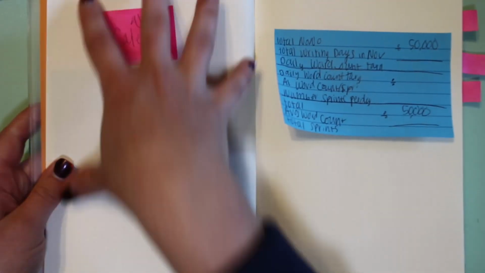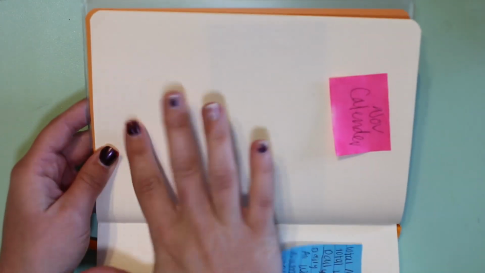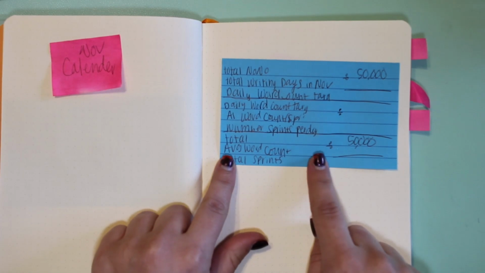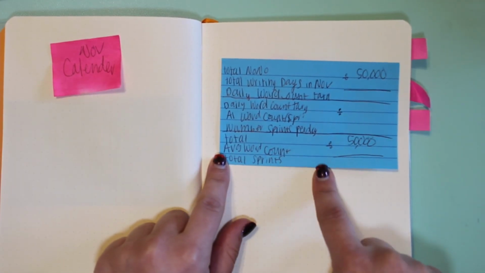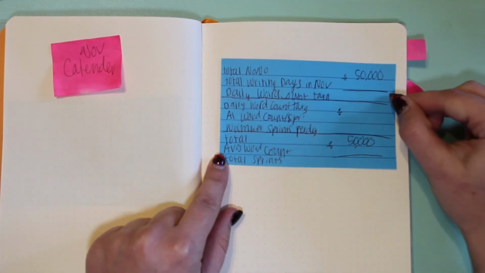Then I'm going to do just a 1-page calendar for November, and I think I'll probably do it this way. So then I could cross off days and put my cute little stickers on that. And then this is going to be word count. So I need to know how many word sprints based on how many working days in November, which is my daily